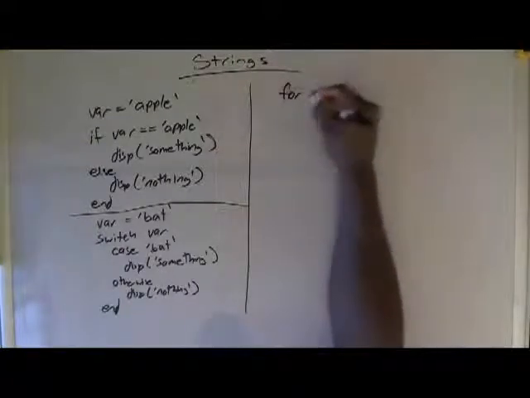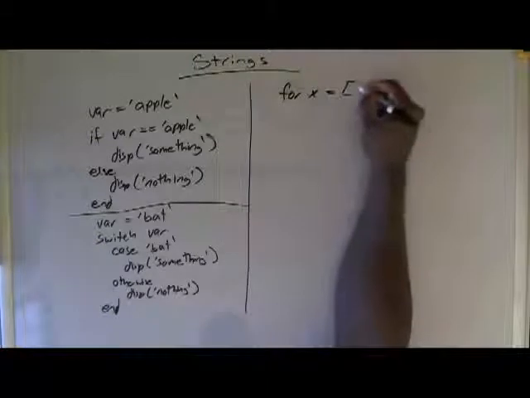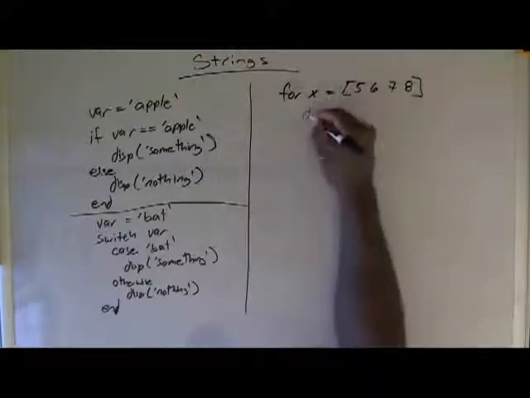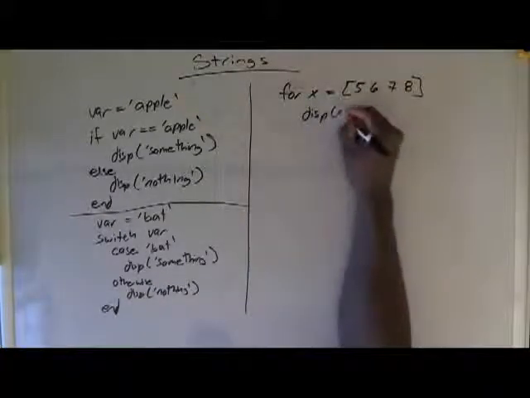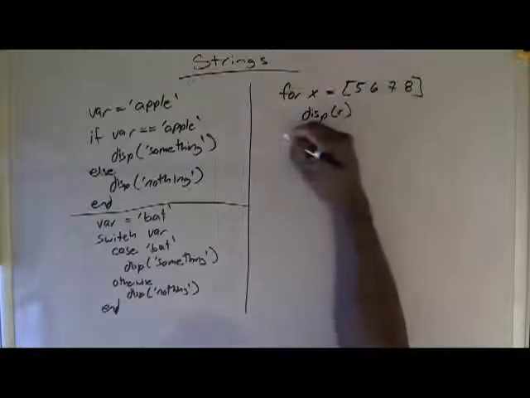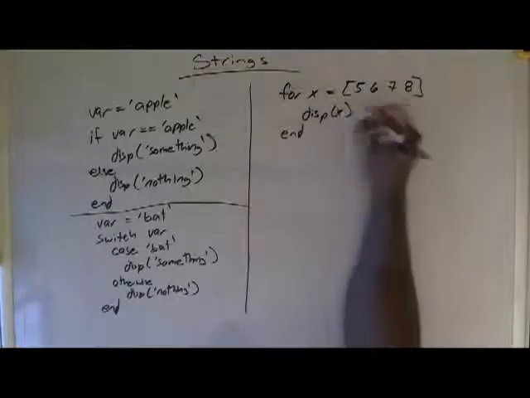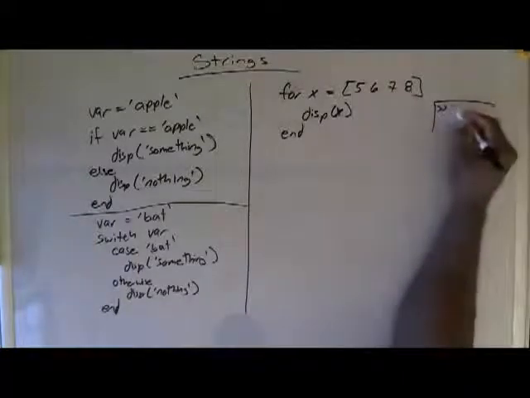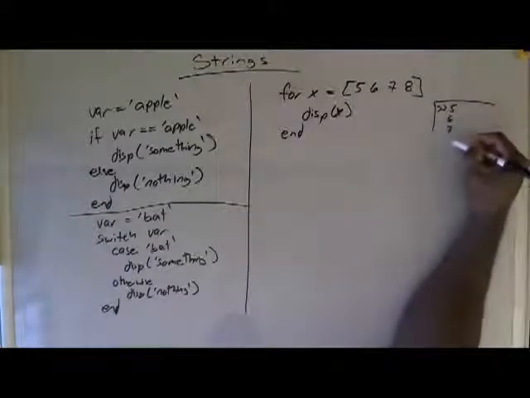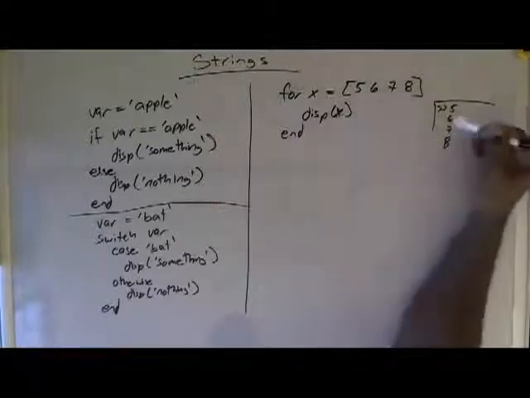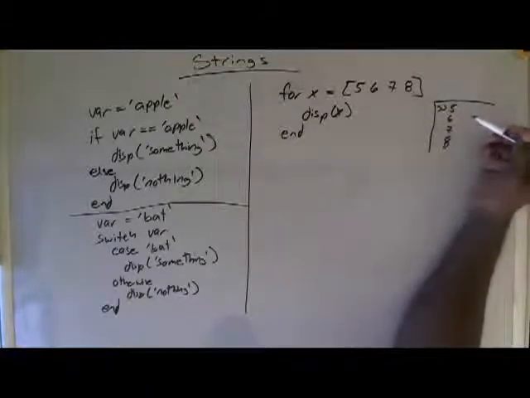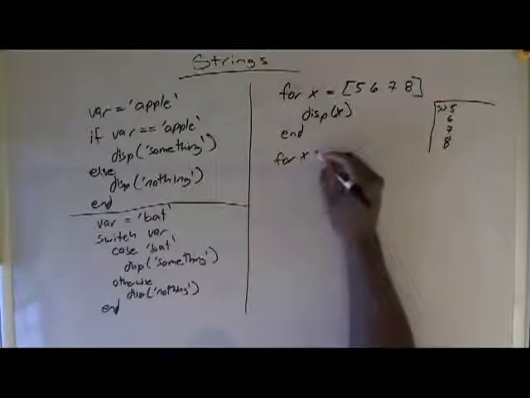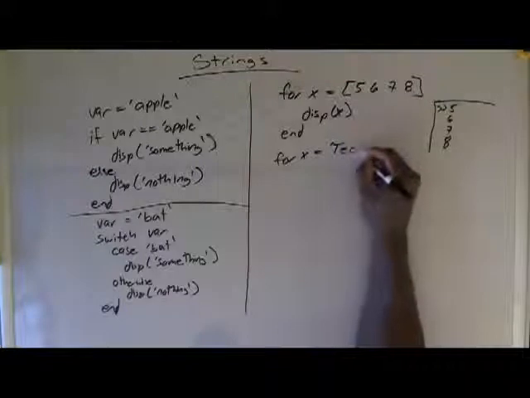If I said for x equals the vector 5, 6, 7, and 8, and I did some loop and I said display x, and then end, well, what would happen? Well, in the command window, you would get 5, 6, 7, and 8 because you'd be displaying each time through the loop, right? Well, it is no different than if I said for x equals TECH